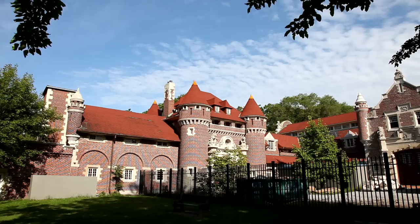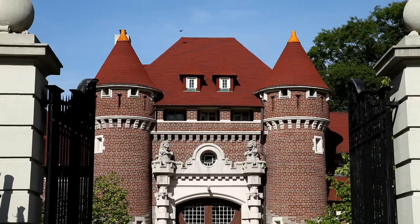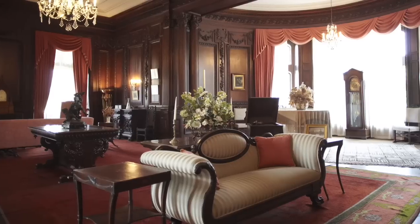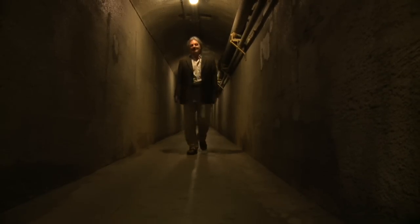The estate comprises 170,000 square feet, and part of that is the stables complex, which is actually across the street. He had asked the city to close Austin Terrace, which is the street in front of the castle, and they said no. So he said, fine, I'll just dig a tunnel under it. So there's an 800-foot tunnel that connects the main building with the stables, and in those stables he housed his